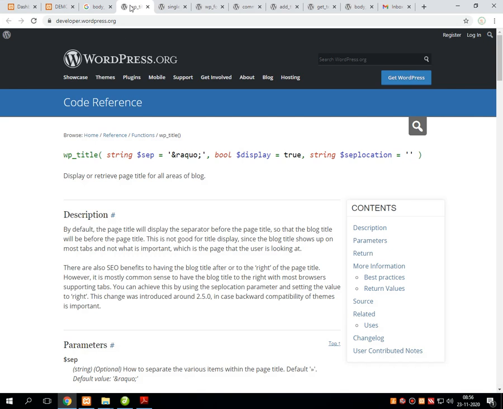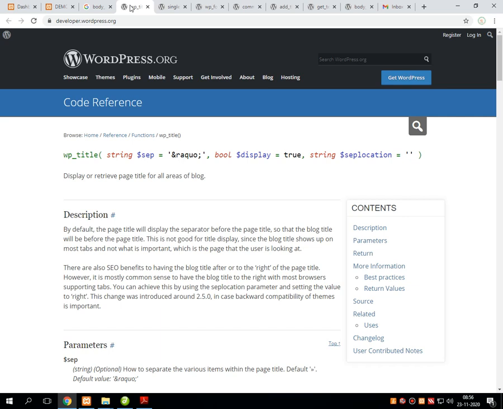The theory of wp_title says that wp_title is a hook available in WordPress which displays the title of your web page onto the screen. Again I am repeating my words. wp_title is one type of hook in WordPress which displays the title of the web page onto the screen. The detailed discussion is mentioned on the screen, which I am repeating over here.